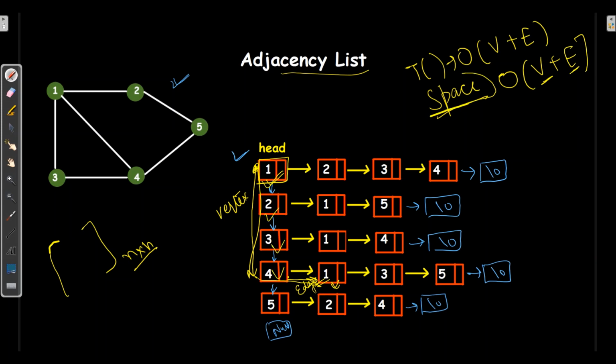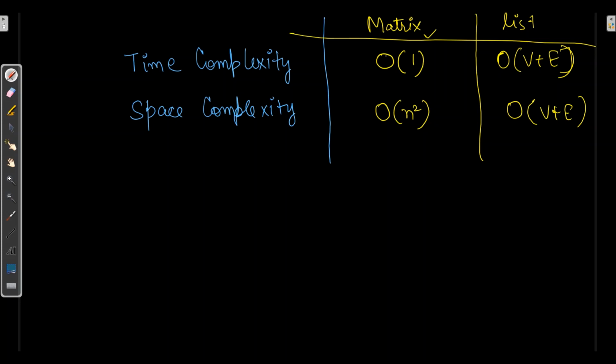So space complexity of list is quite lesser than the matrix. Coming to time complexity, it is better for matrix in terms of fetching the value. Here we can directly access the values.